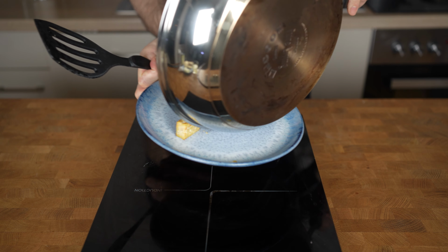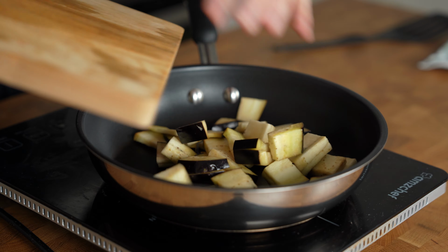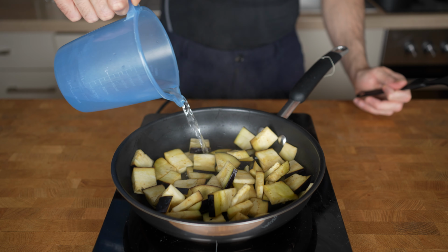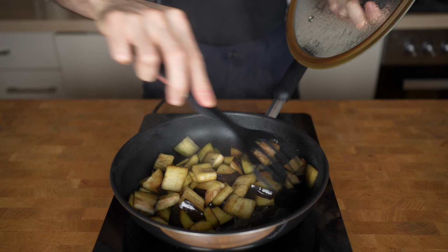Now, next are the eggplants, and I will use the same technique as for mushrooms. The eggplants will go into the pan and then I will add a splash of water. Even though the brining helped, it is not enough to collapse the eggplant entirely, so 1 to 2 splashes of water should be enough, and then I will close the lid and let them cook for 3 to 4 minutes